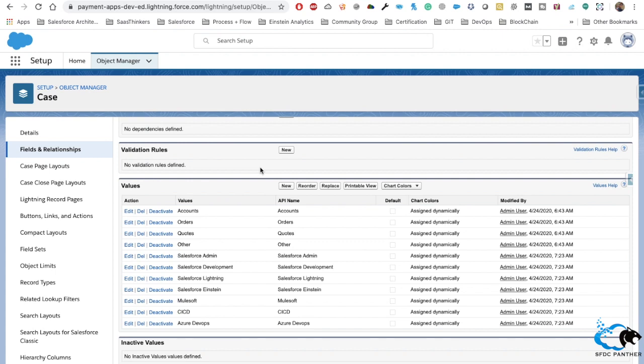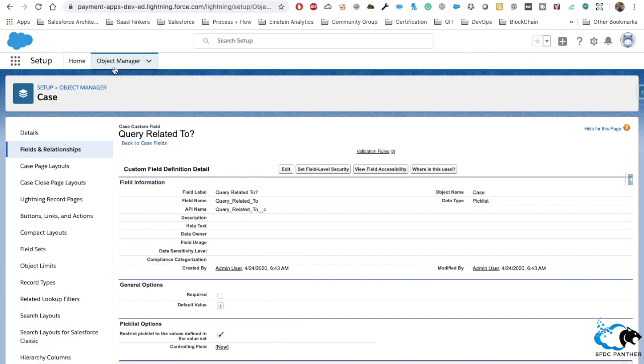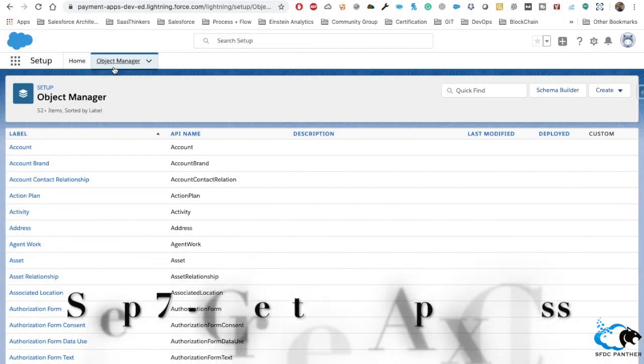You might be creating some other options, that is also well and good, but make sure that whatever options you are selecting here are valid options, so that those will be meaningful options. That's why I put here accounts, order, then we have codes, we have some other options as well. And then I put some Salesforce related steps like Salesforce admin, development. This might be related with some kind of training institute, but yeah, those are some meaningful entries that I have made here. So this is about this step, and the next step is to create an Apex class.